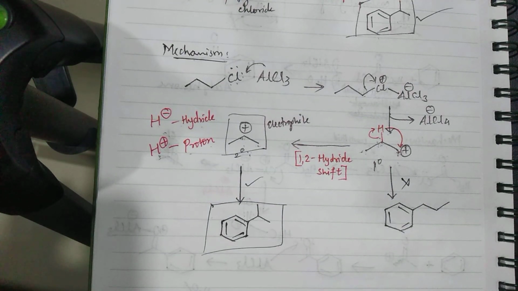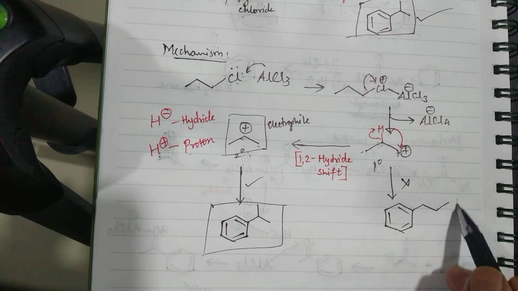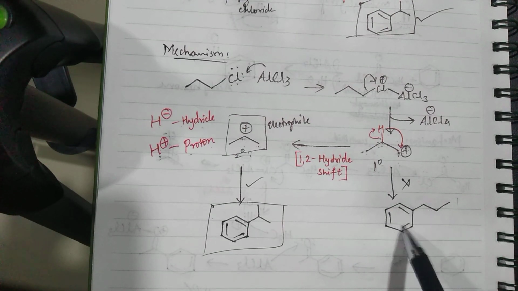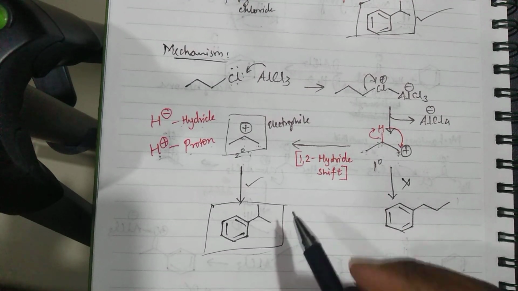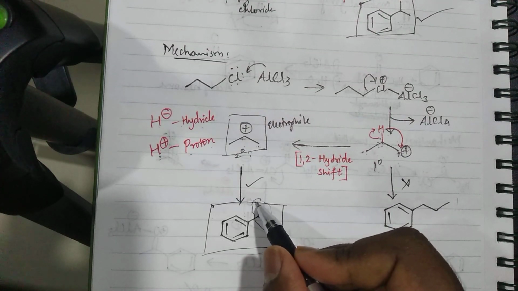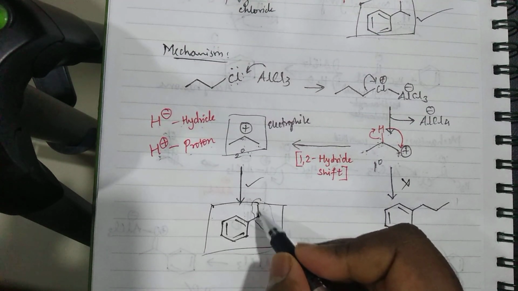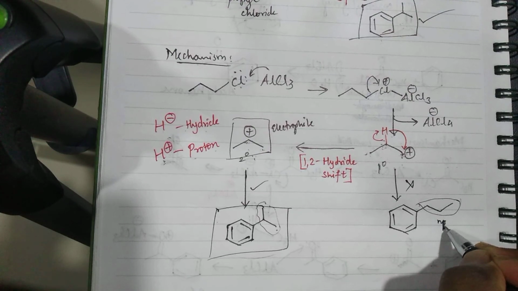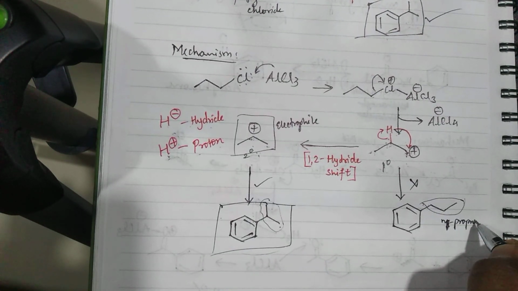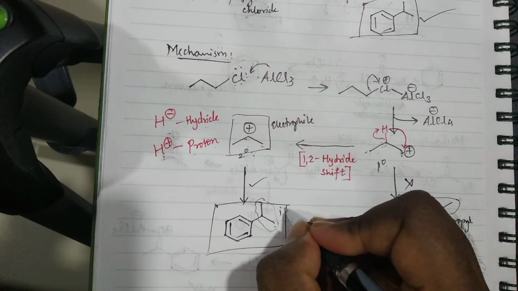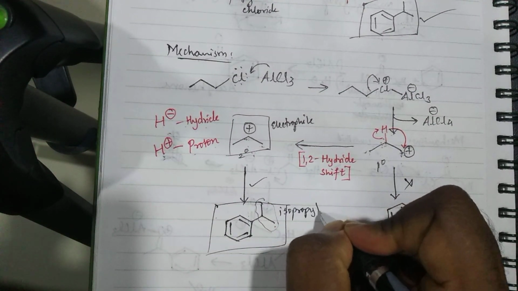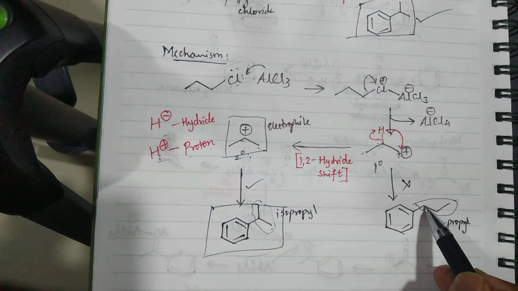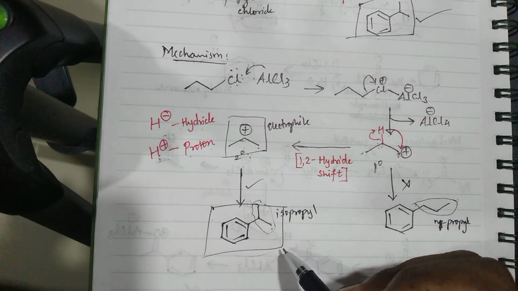Now that begs the question, how can I prepare a compound of this sort? With Friedel-Crafts alkylation, it is impossible to prepare a compound like this. You will always get an isopropyl group. This group is called an isopropyl group. Propyl because they have 3 carbon atoms. This group here is called N-propyl. So I'll just write here N-propyl. This is isopropyl. Isopropyl group means 3 carbon atoms. N-propyl group, again 3 carbon atoms, but it's a straight chain. This is a branch.